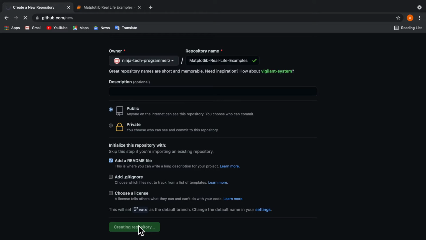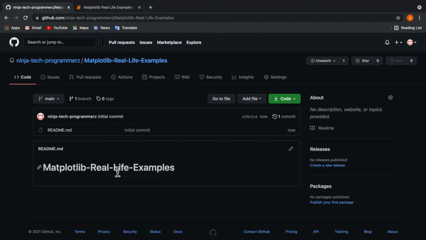Create your repository, and yes, it's been created for us. Now it's time to edit our readme.md file. What is this readme.md? Before, if by chance somebody comes to our project, it will not look nice if it is just blank. So before taking the source code, he should know what type of project this is. By seeing the readme, he can read the readme file and find out